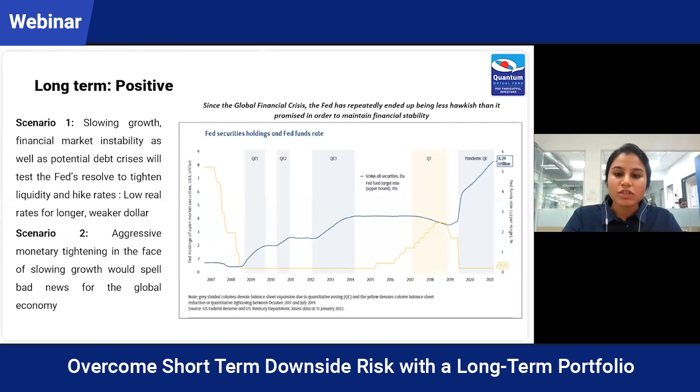What makes the current situation even more complicated is that, amid the supply chain disruptions of the pandemic and the war, the Fed's power is actually limited to slowing demand. So if the supply chain pressures sustain, aggressive tightening would definitely throw the global economy into a recession and might not really have much impact on inflation. If that kind of economic distress and stagflation scenario comes up again, gold tends to do well. So long-term, gold will prove to be a relevant asset class to hold in your investment portfolio.